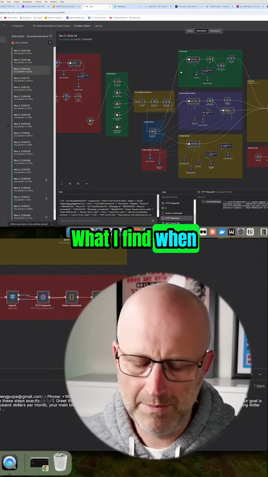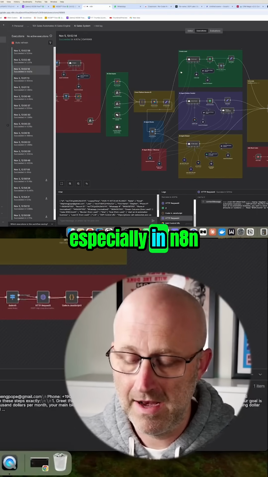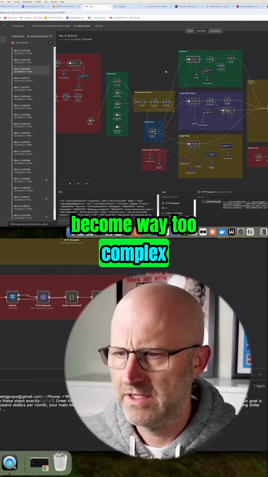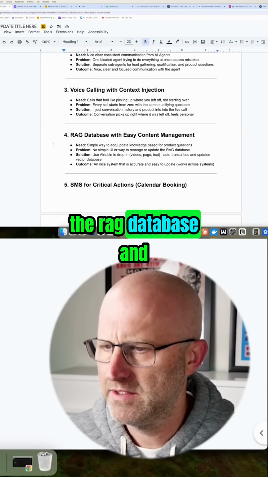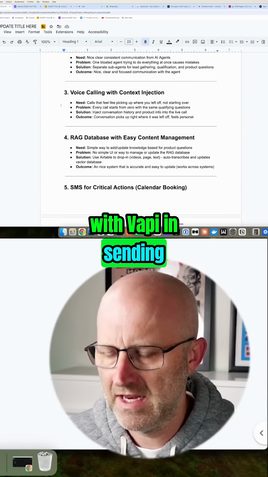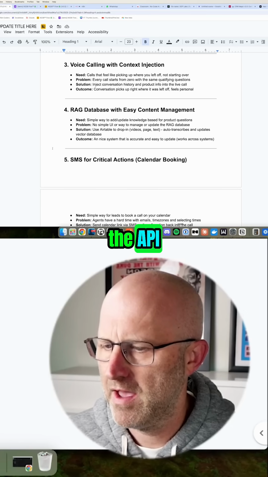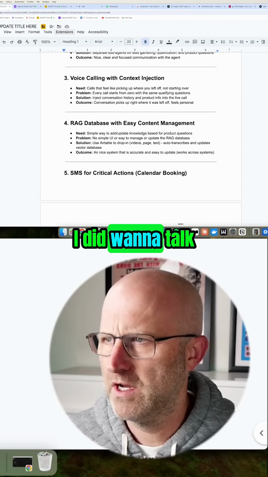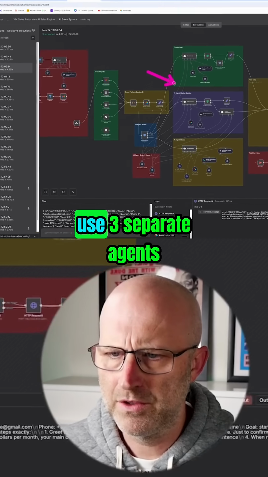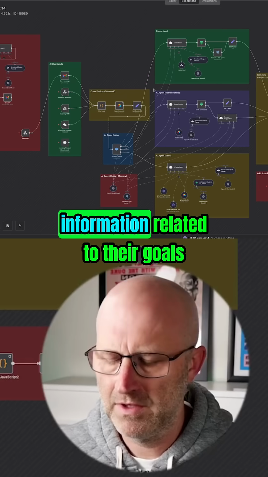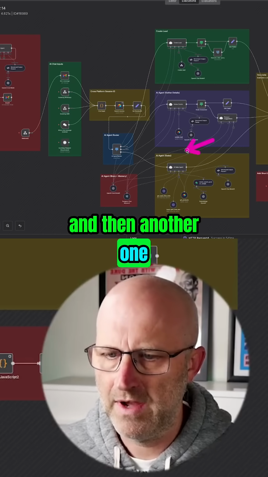What I find when people are building AI agents, especially in n8n, when they stop working, it's usually because they become way too complex. Before I get into the RAG database and the call injection that I just showed you with VAPI, sending in information from the API, and I'll show you more about that when I actually book a call through the agent, I did want to talk briefly about why I use 3 separate agents: one for creating the lead, one for gathering the information related to their goals, and then another one to actually answer